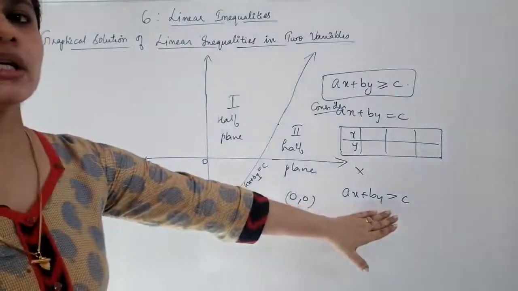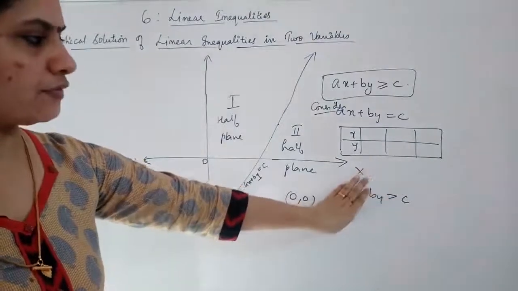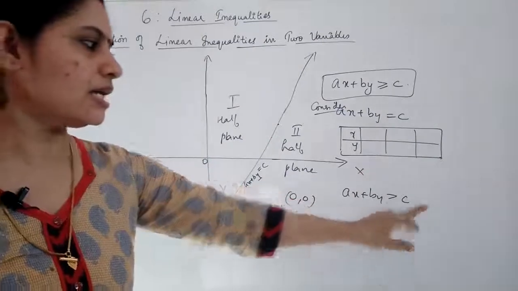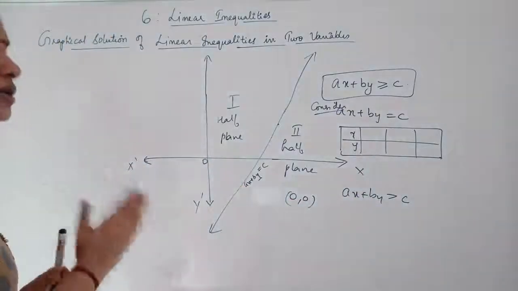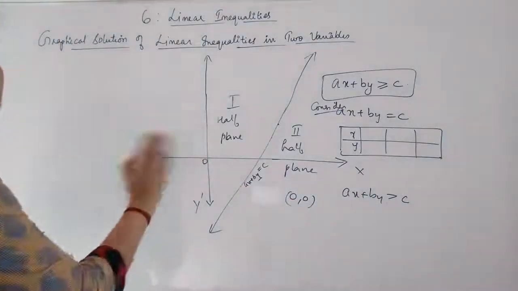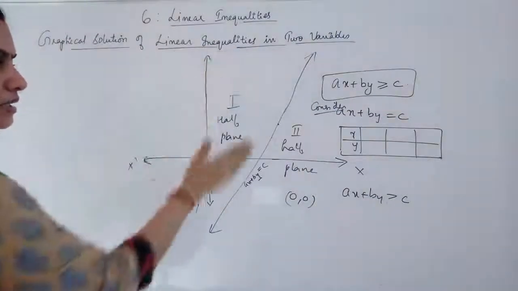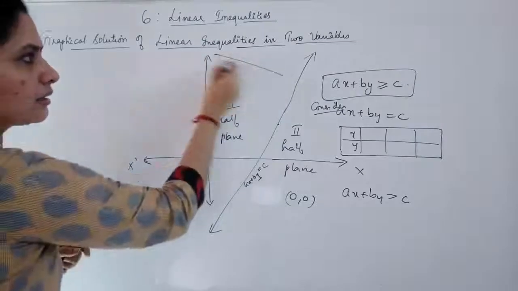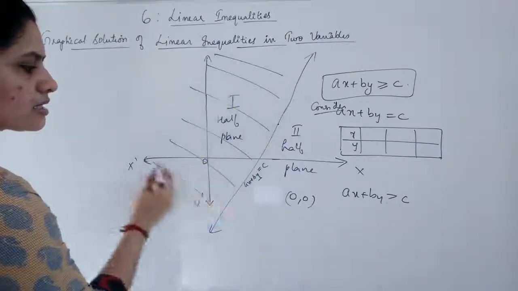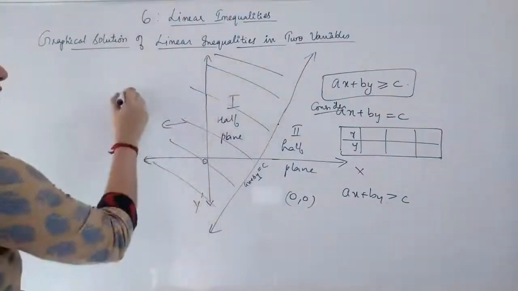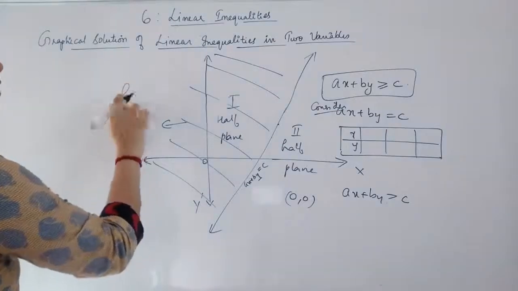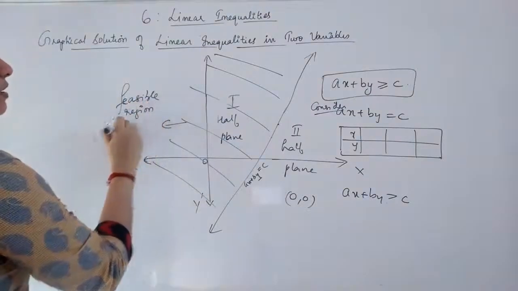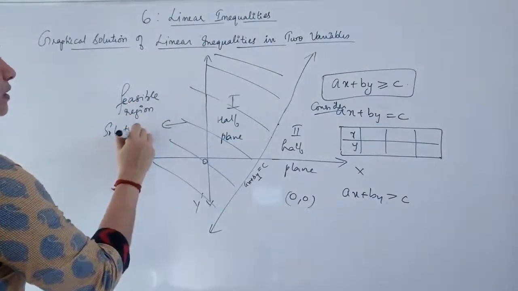If the inequality is getting satisfied, that means if this portion is greater than the other number, whatever is given in the question, then you can say that the solution will be the region where 0, 0 lies. That means in this part 0, 0 lies. So you will just shade this part, showing that this is the region which is known as your feasible region or solution region. Okay, feasible region or solution region.